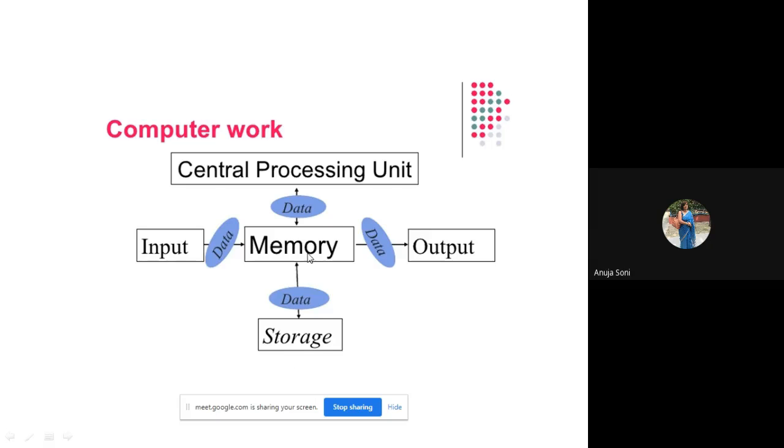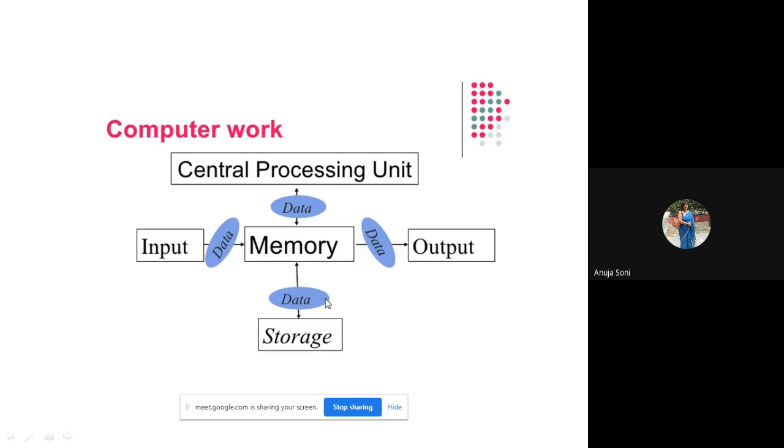Main memory is called volatile memory, but secondary memory is called permanent memory. Volatile memory holds data only so long as the power is there. As and when the power goes, the data is deleted. Once you give a save command, as you do in MS Word, when you create a file and write some data and click on the save button, that file is stored permanently in the hard disk. Hard disk is called a permanent memory.